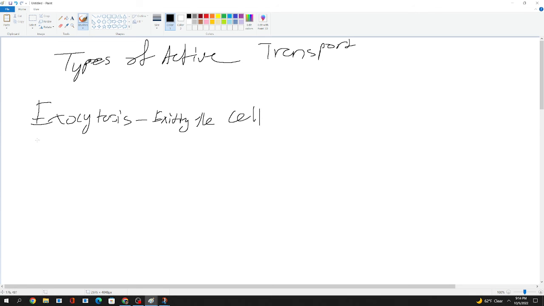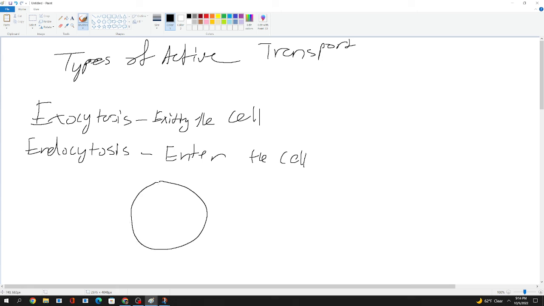Exiting the cell. And by the way, this is the end goal of the endomembrane system, right? To get stuff out. Or you have endocytosis, which means entering the cell. End, enter; exo, exit. Enter the cell. Basically how this works is that once you've gotten your molecule, the vesicle, the protein that's in the vesicle